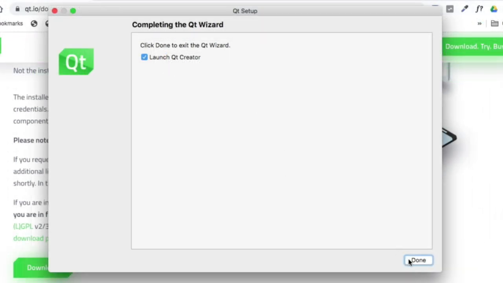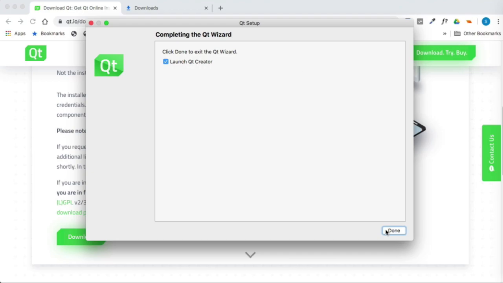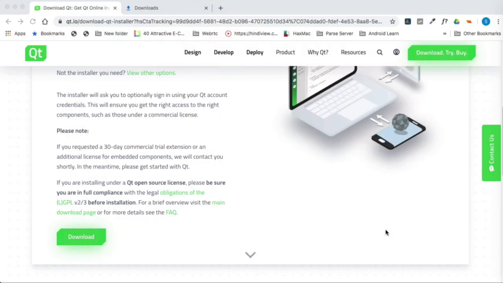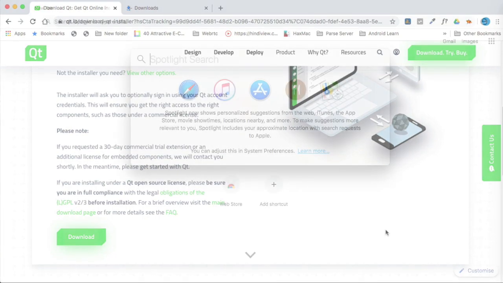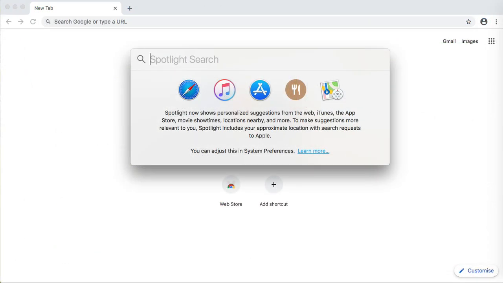Now you can see the download is completed. Now launch Qt Creator, or you can also launch it from Spotlight.